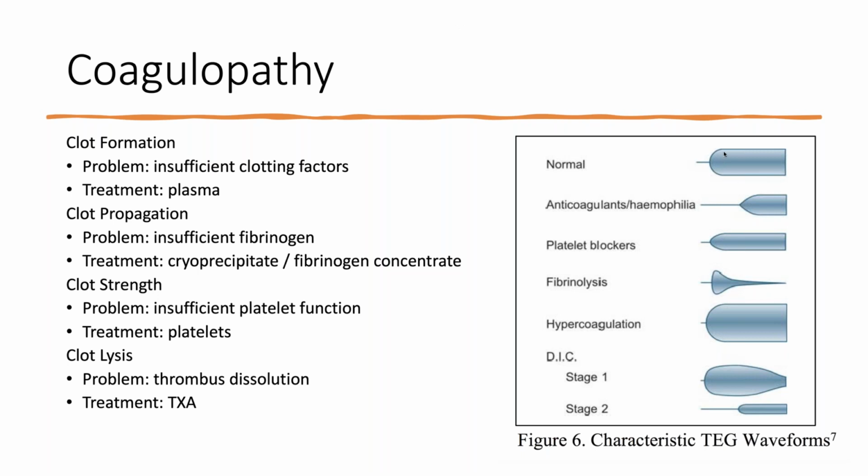When we talk about maximum clot strength, that's actually a problem with platelets if they have insufficient clot strength. So if we see, like the third one down with platelet blockers, that the amplitude of that resistance is too narrow, that indicates the platelets are not forming good, strong clots, and we therefore need to give more platelets. And when we talk about clot lysis, meaning you're forming the clot normally but breaking it down rapidly, that's where we give TXA, right? Tranexamic acid, or TXA. That treats the fibrinolysis. It means that once your body forms a clot, it's not going to break it down if you inhibit that. So that's really why we're giving TXA